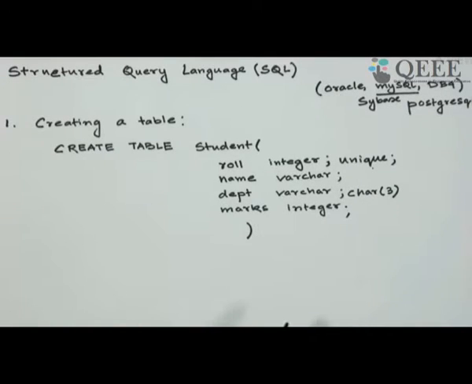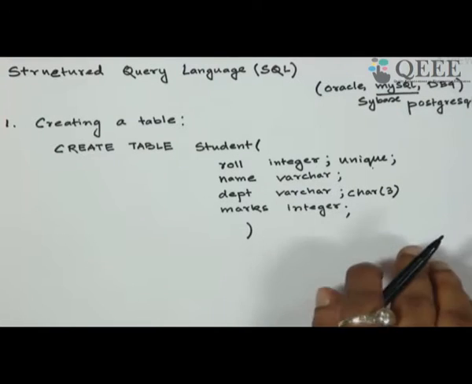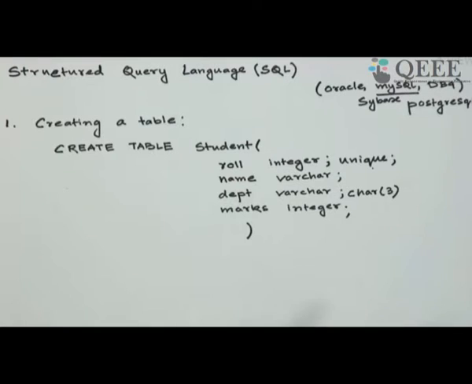Okay, so this is creating a table. So the first thing you do is create a table. In fact, before that you have to do one more thing. I think I mentioned in the previous class that a collection of tables is called a database. A student table, a taken table, a teacher table, a course table, all these together form a database, a system.